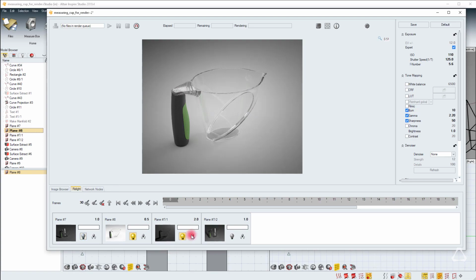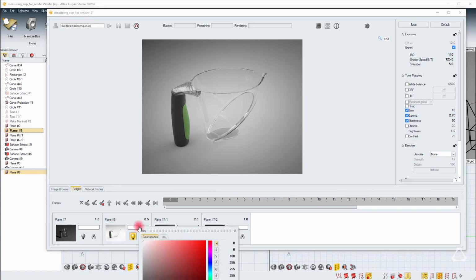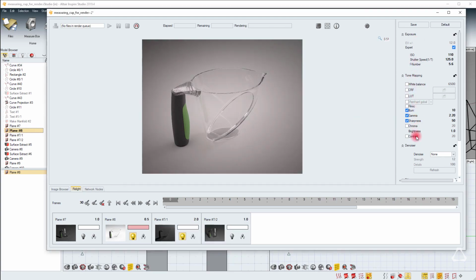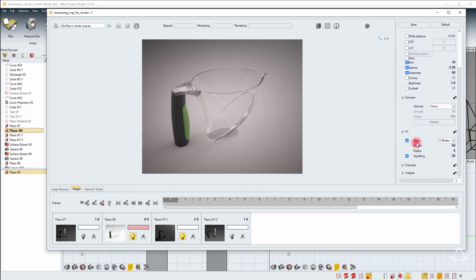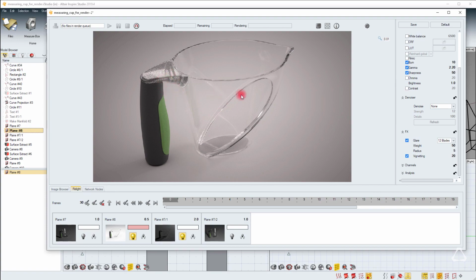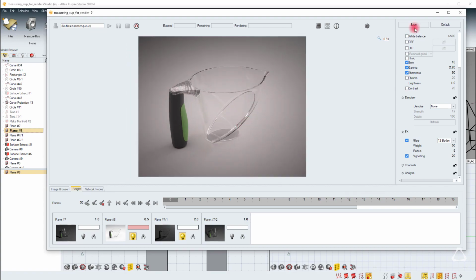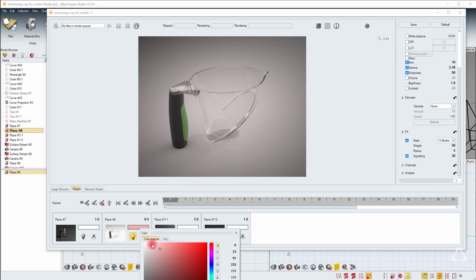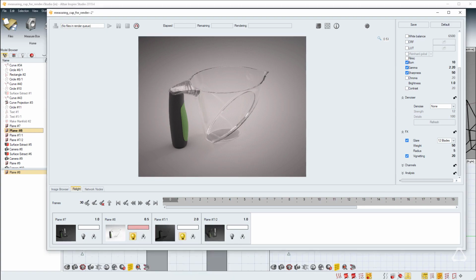And if I want to change the color of a certain light, I can just click on this and change the overall look. Also, there are several effects here that you can play with in terms of tone mapping. You can add burn, gamma, sharpness, and you can also add some visual effects like glare and vignetting. So all of these options are available in Darkroom, and it's really cool to play around with these. And when you're done, you can either reset it or save this current setting of all the effects. I'm just going to change this light back to white, click save here so that I can save all these